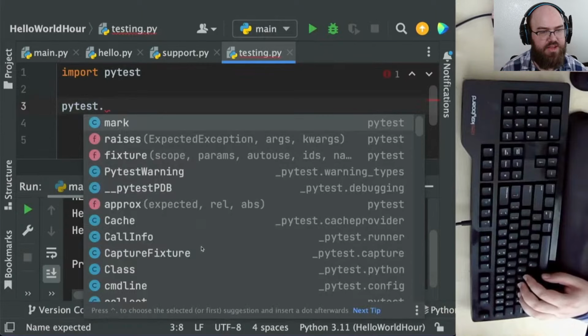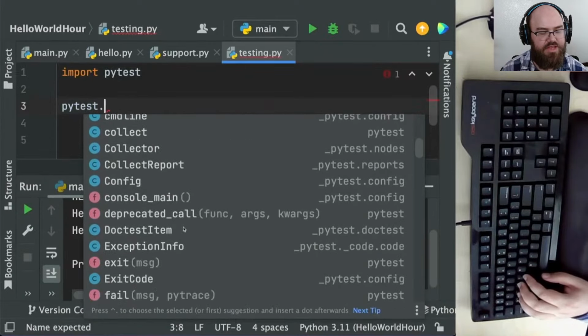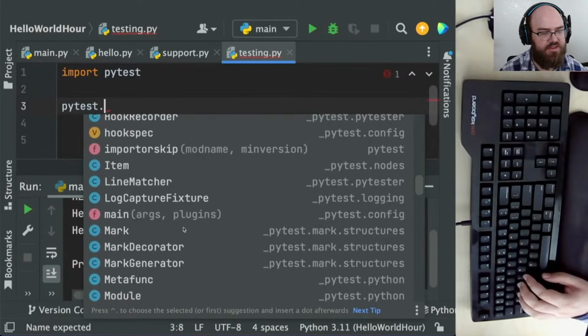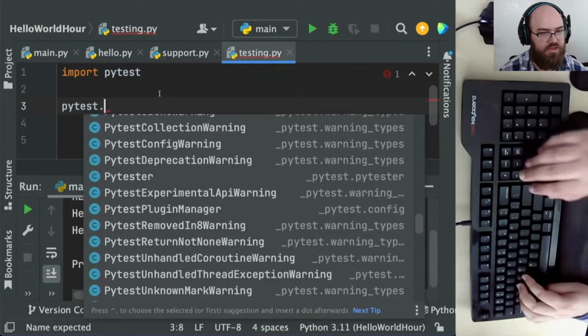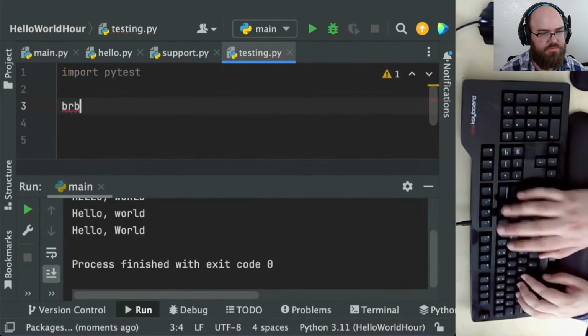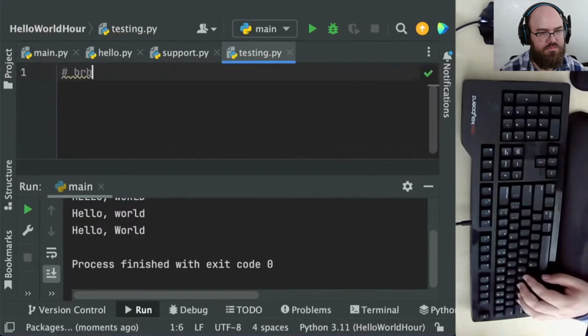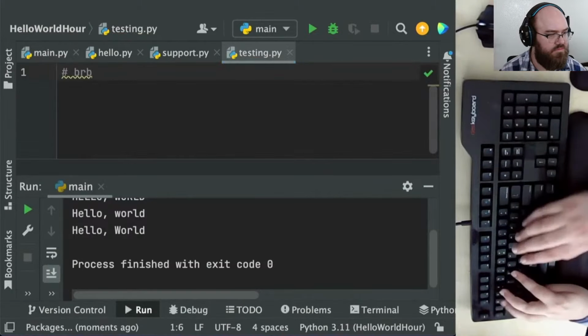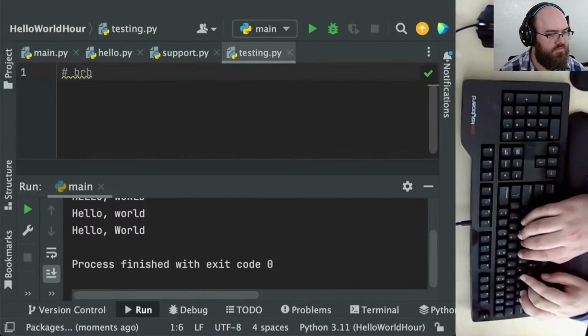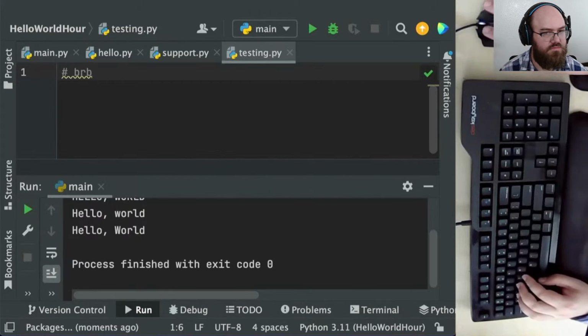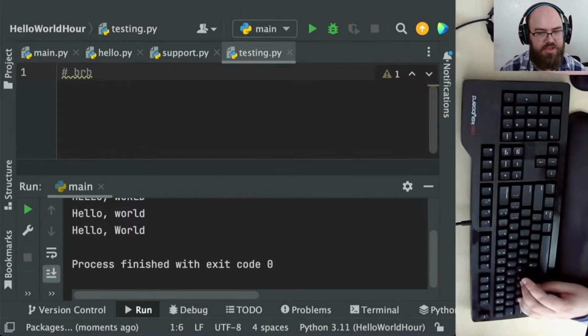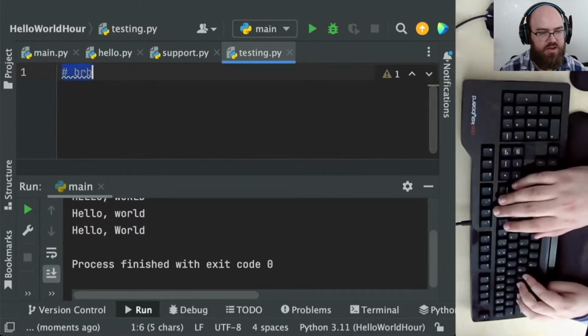So eventually I'm going to check the documentation and realize that I don't have to import PyTest, and I don't have to do pytest.anything for the use case that I'm having now. At one point, I wanted to make a website called Vim Gym. I don't know if anyone's done that yet.